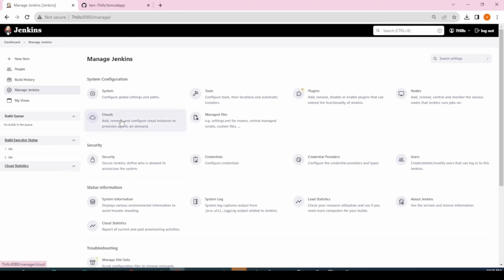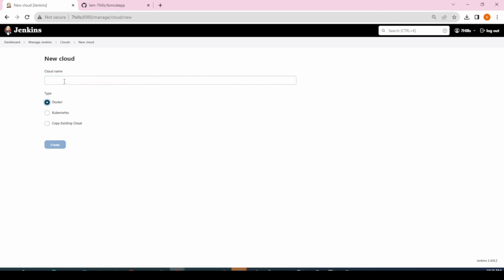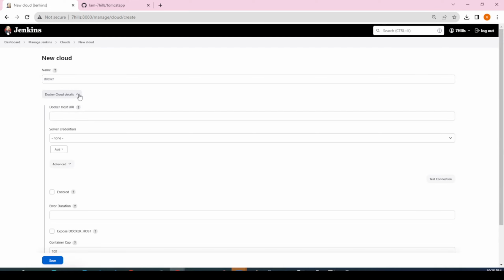So go to cloud and add a new cloud. Select Docker. Give a name like Docker. It can be any name. Give next. Under the Docker host URI, since my Docker is installed and Jenkins is on the Unix server, for that you need to give this path. Let me check. So this path you need to give,